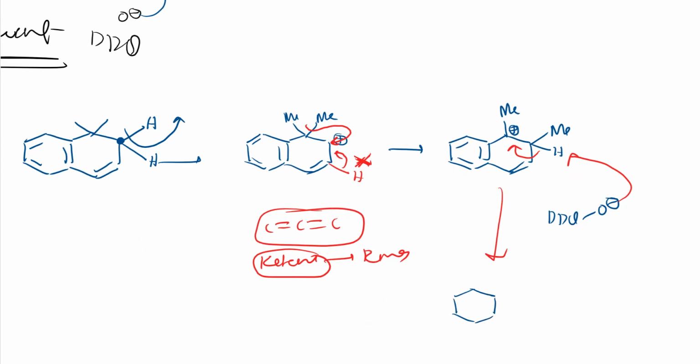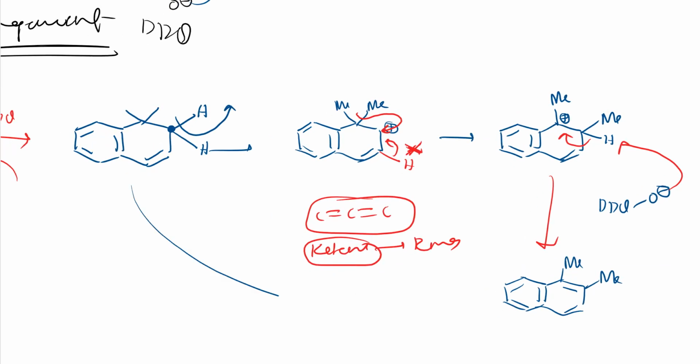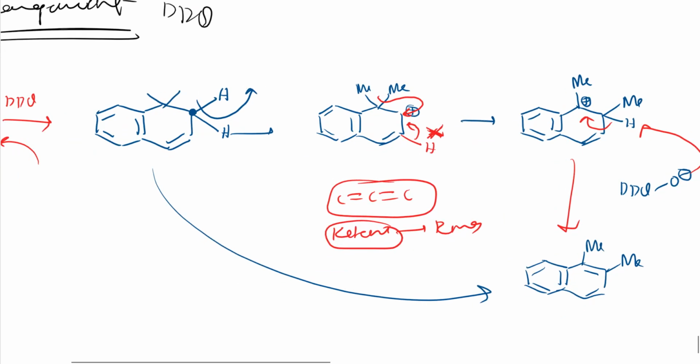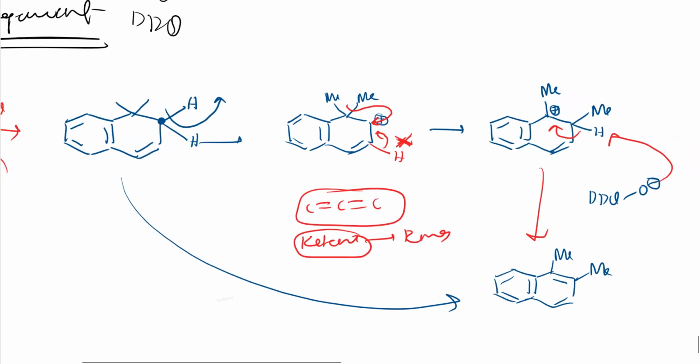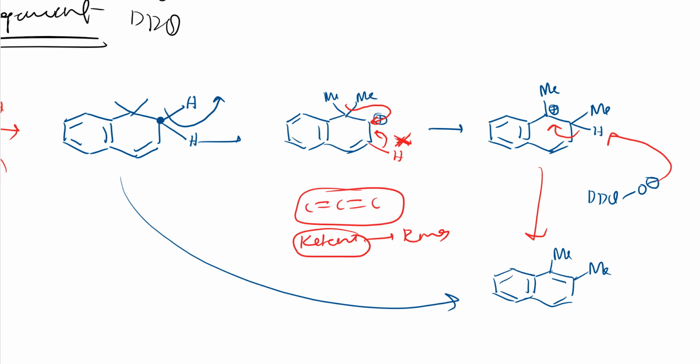So this is very important. I hope you understood the mechanism, right? Now here is methyl and this methyl is there, right? So this is how rearrangement happened, see, right? Because the reason is same. Here carbocation is formed, right? So come to this structure. So carbocation is formed here.